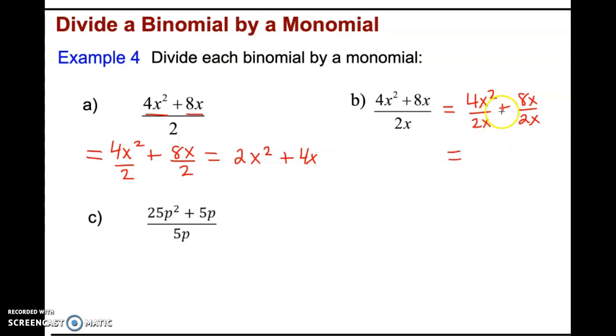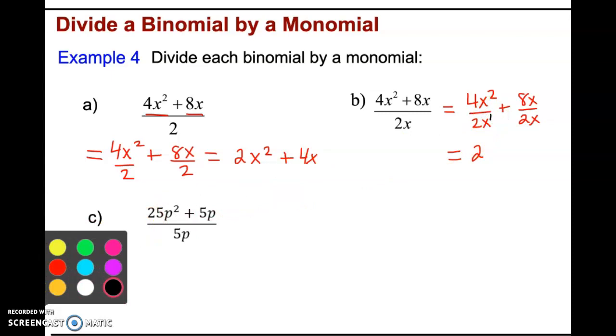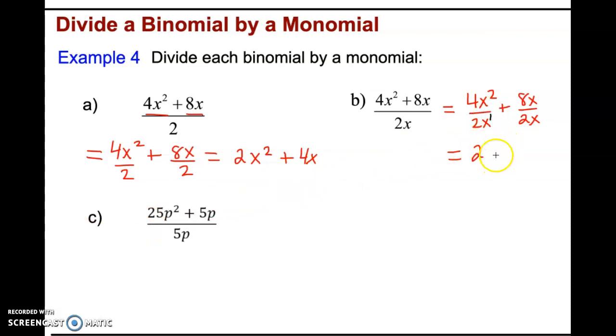And now we're dividing 4x squared divided by 2x. So we're dividing 4 divided by 2, which we know is 2. And we're dividing x squared by x, which we know from our law of exponents: if we have x squared in the top, we're actually going to subtract our exponents, so we can pretend we have an exponent of 1 here. And so really what we're going to have left is x to the power of 2 subtract 1,